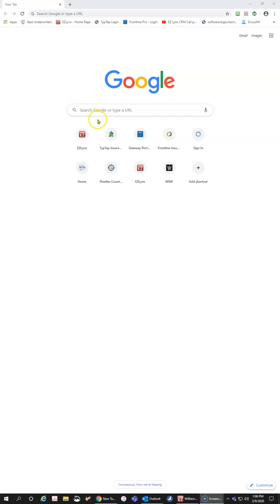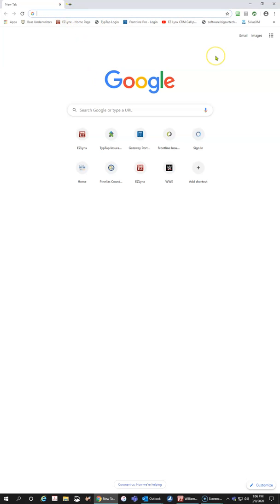Good afternoon. So we are doing a video on the installation of the RoboForm Password Manager. You'll have to use a little bit of imagination on this, just as I already have it installed here. But there are a couple of tips and tricks that I'm going to show you to make it a smoother